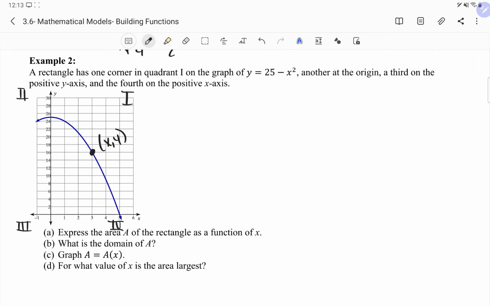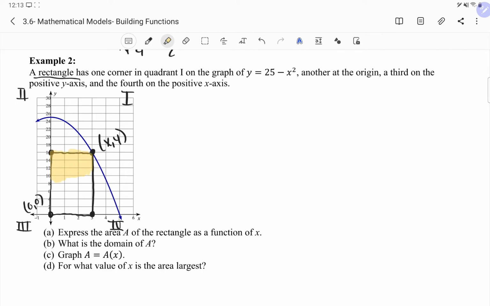Then there's another point on the origin, so this would be the point 0, 0. A third point on the positive y-axis. Remember that this is a rectangle, so this is going to be directly above and to the left of our points here. And then the last point is on the positive x-axis, so right down here. So we have this rectangle,